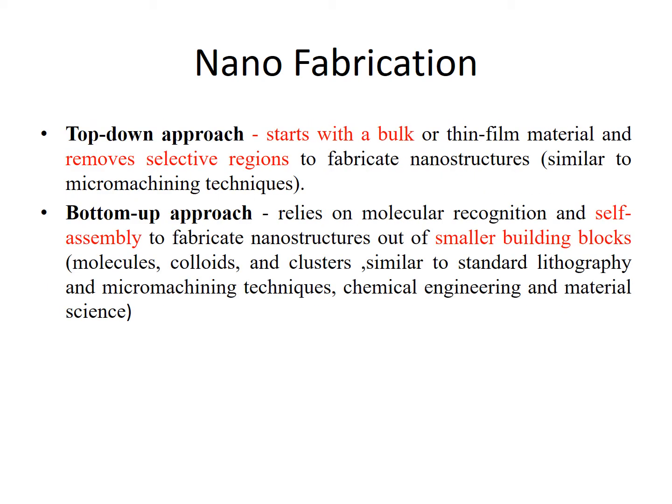While fabricating a nanomaterial or a nano component, we use two approaches. The first is the top-down approach, that is, we start with a bulk of the material required and remove it layer by layer to get the required nanoparticle or nano component we want. So it is basically like machining. It is just removing the layers in the nanoscale.